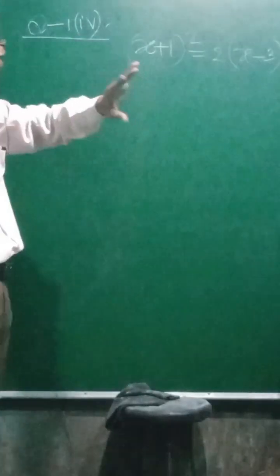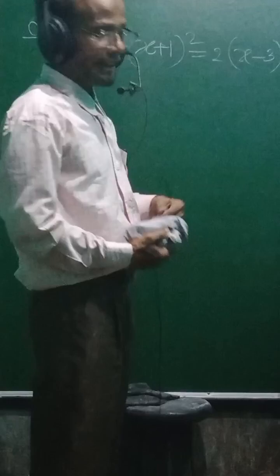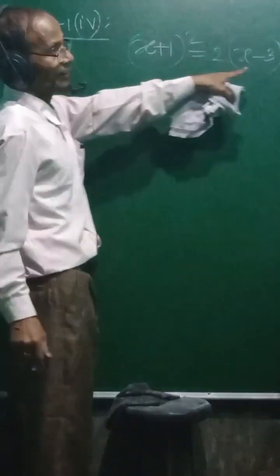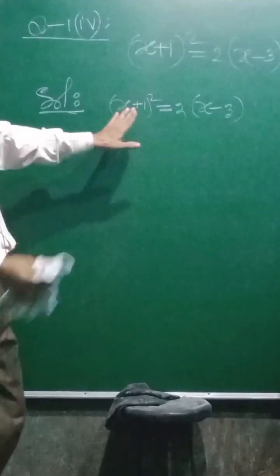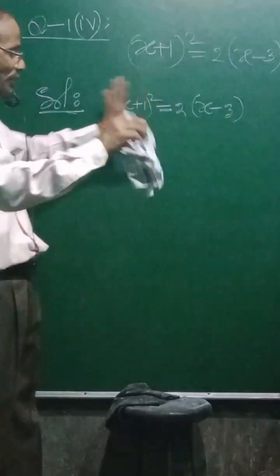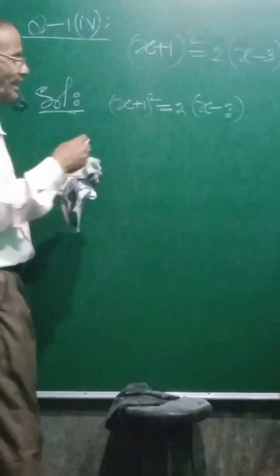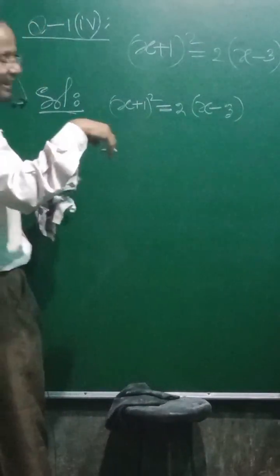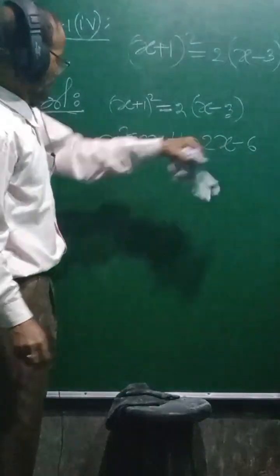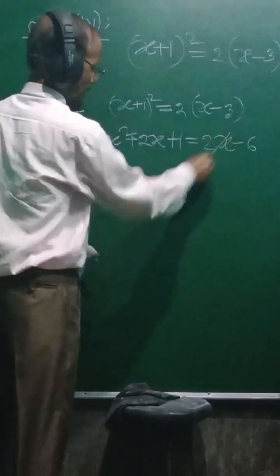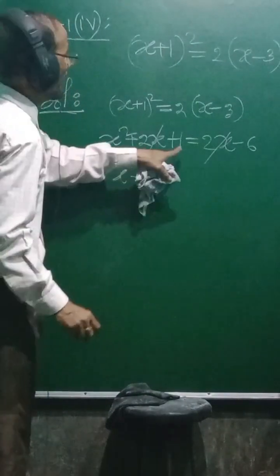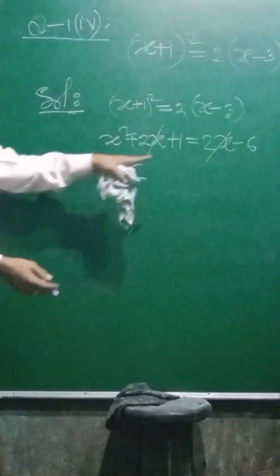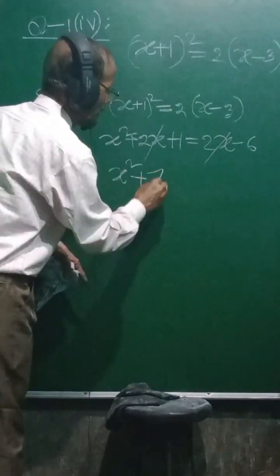Now let us practice one problem. Some questions have been given in exercise 4.1. Check whether this is a quadratic equation or not. Solution. On the left side and right side, you simplify the things and then transpose the terms to the left side, so that the right side is equal to 0. See here, twice x common, it will be cancelling. So remaining x square, and here plus is there. If you transpose this term, it will be plus 6. So totally plus 7